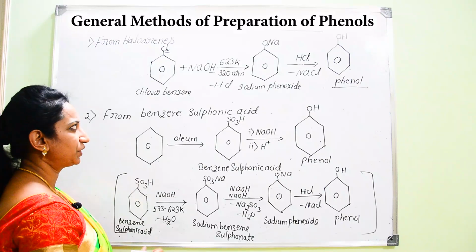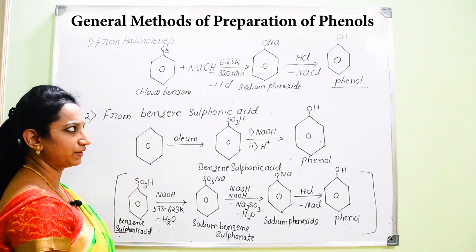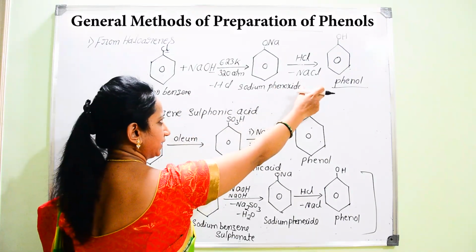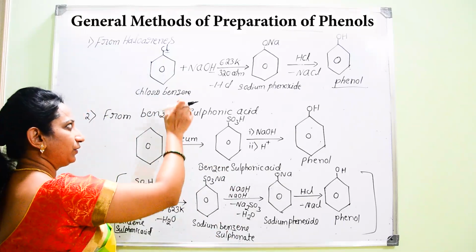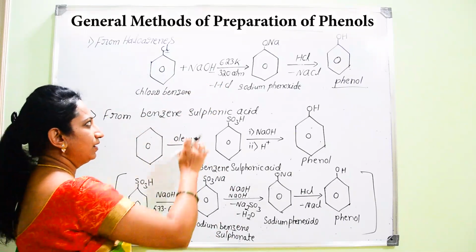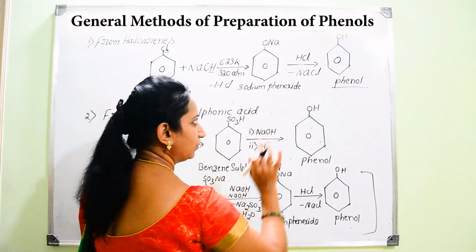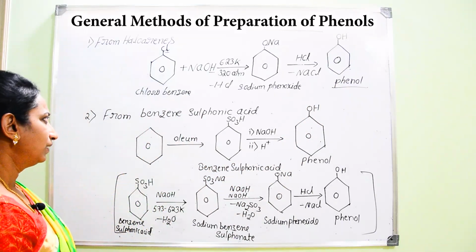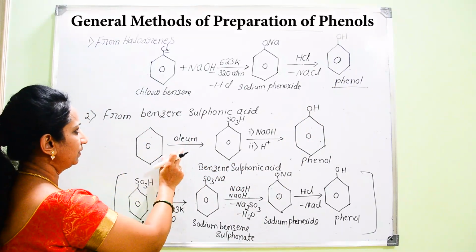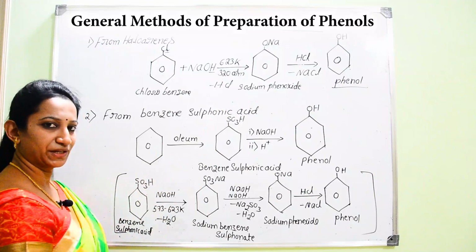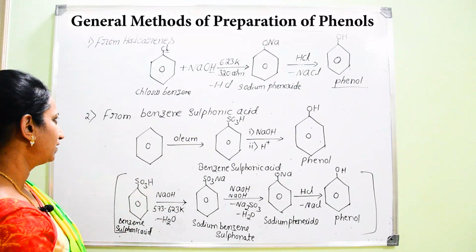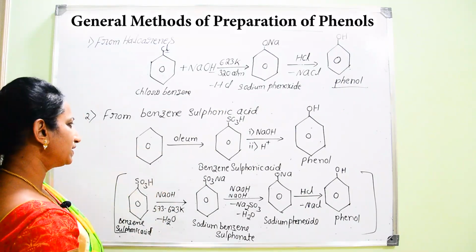Now they ask in examination, how do you convert chlorobenzene into phenol? You are supposed to write this set of reactions and you have to name the reagents, the starting reagent as well as the final product. Next, if you go for the second method of preparation, the starting reagent is benzene